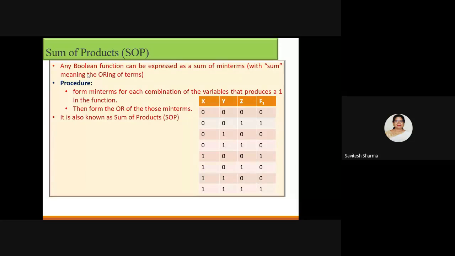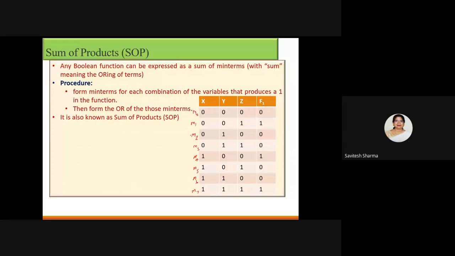So what I said to you, how can you write sum of products? You have to first identify the combination. See, all terms are min terms. You already know what I said. This combination is your m0. This combination is m1. We already discussed yesterday. All combinations, we named them by the decimal equivalent. So the subscript is actually the decimal equivalent of the combination. So we already know.